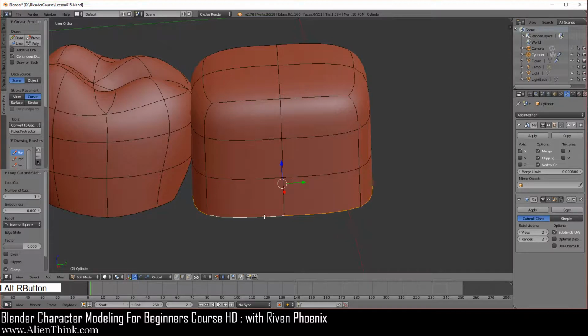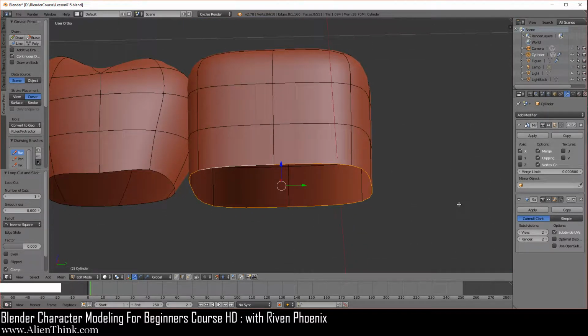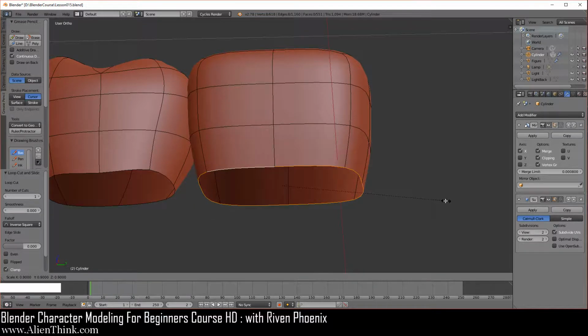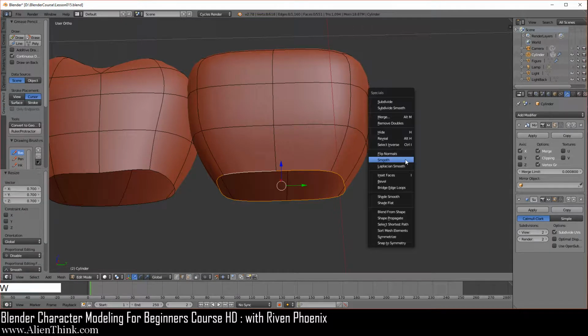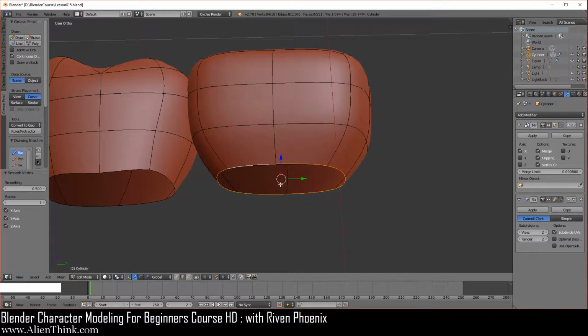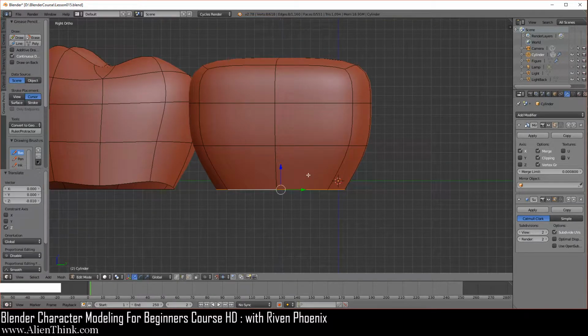So now just do the middle mouse button and rotate like this and press the Alt key down. And you want to select this edge loop just like before. And then you know what to do over here. We're going to go ahead and scale this. So we're going to press the S key and scale it in 1, 2, 3. Left click to confirm. We're going to do W and then smooth. So it's going to move it up a little bit. Going to press the 3 key to go to the right view and then bring it down over here.